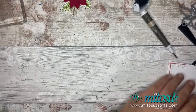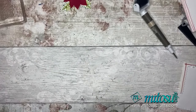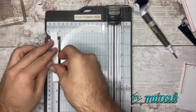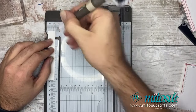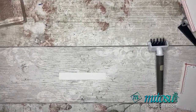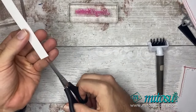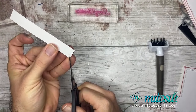What I want to do with my sentiment is grab a tiny bit of paper here. I've got some scrap basic white, and whilst my poinsettia is drying, this is measuring 5/8 of an inch wide. I'm going to use a sentiment from this set as well, the Merry Christmas here, and I'm going to give myself a little bit of a fish tail. So I'm just going to cut in like so,